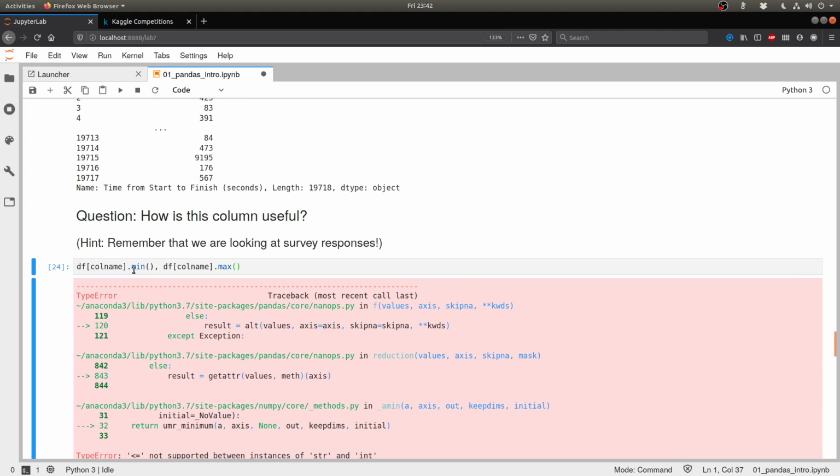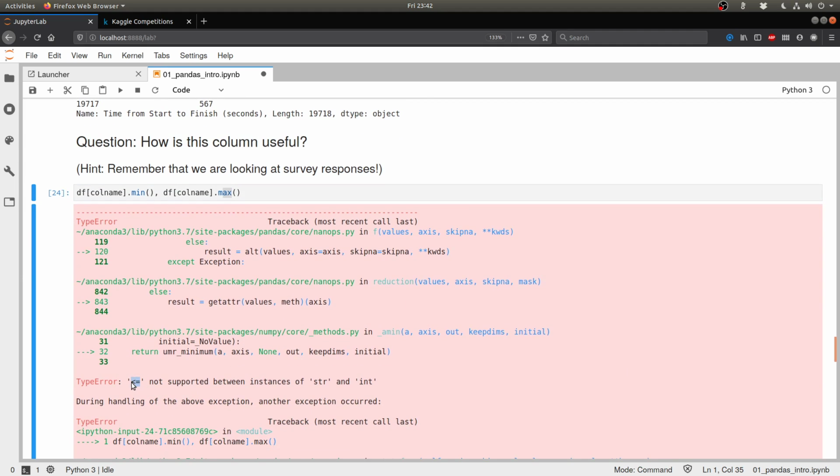So in order to calculate the minimum or the maximum, somewhere internally it has to perform this less than or equal to operation, and it says that it's not supported between instances of string and ints. What it means is that it doesn't know how to compare strings and ints. If you give it a pair of two integers, then it knows whether one of them is greater than or equal to the other or not. But when some of the values are strings, that goes for a toss. It doesn't know how to compare strings and integers.